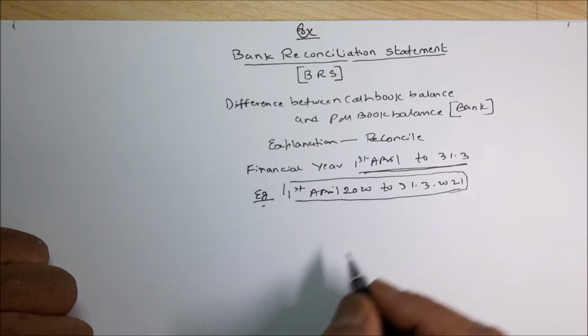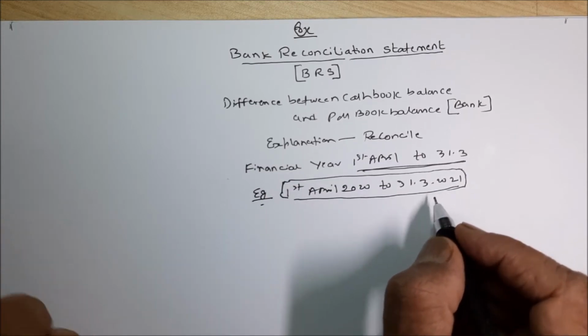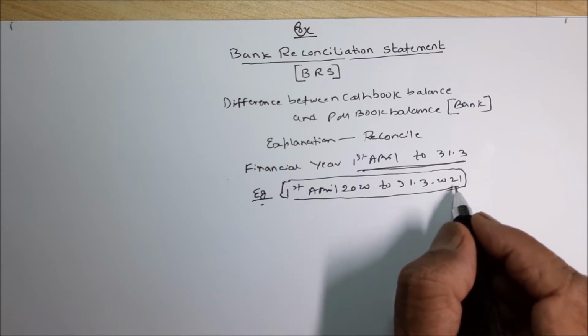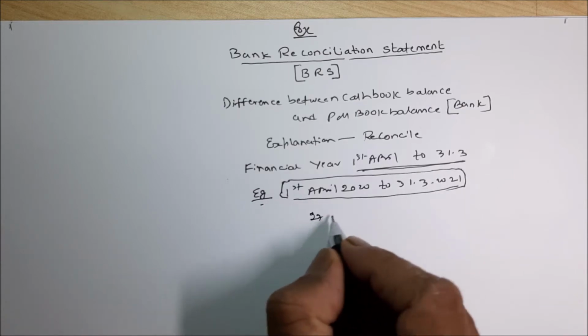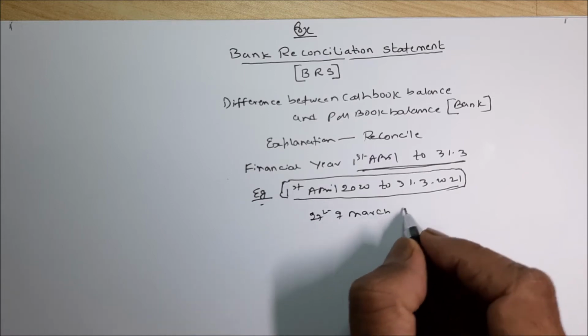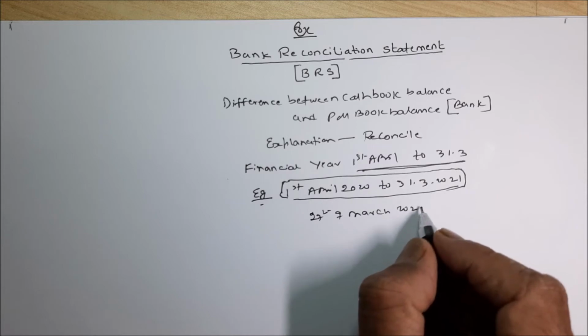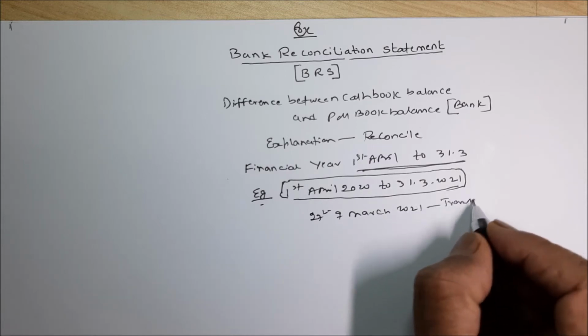In this particular year, at the end of the period, that is 31st of March 2021, from 27th of March 2021, whatever transactions you have made